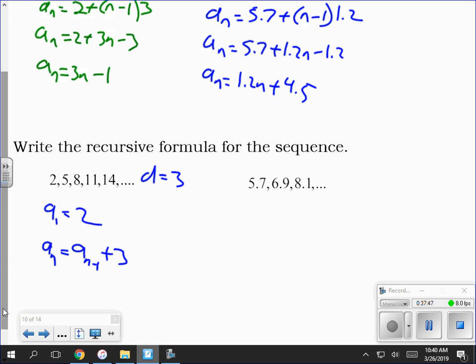This one's the same thing. This one, D, is 1.2. So A sub 1 is 5.7. A sub n equals A sub n minus 1 plus 1.2. Easy peasy. Nope, you're done. Like I said, recursive formulas are easy. Really easy. Recursive formulas are extremely easy for this stuff. Okay? So,